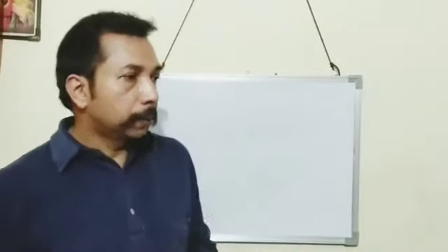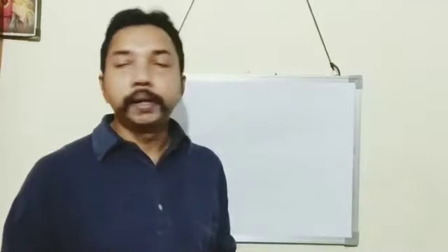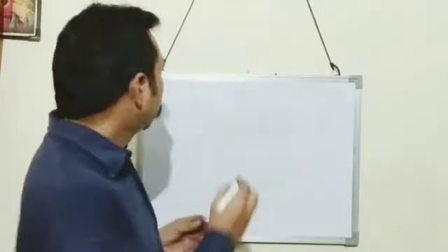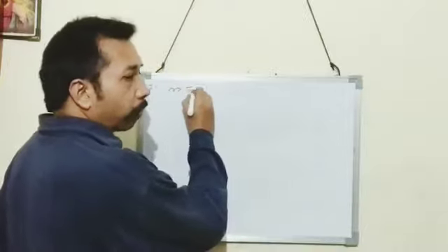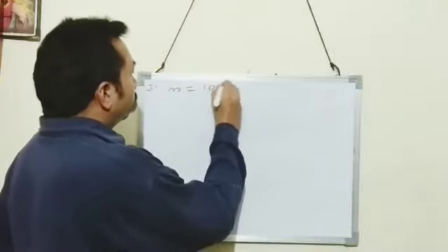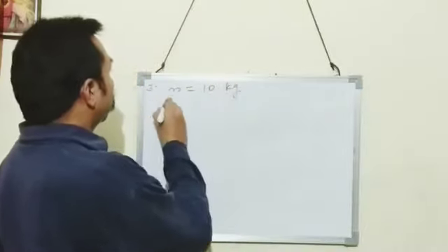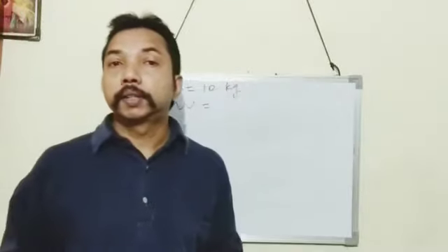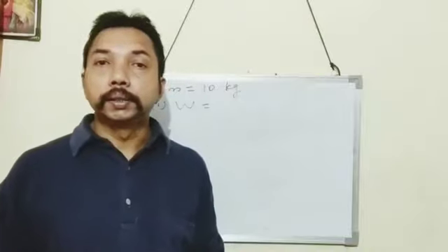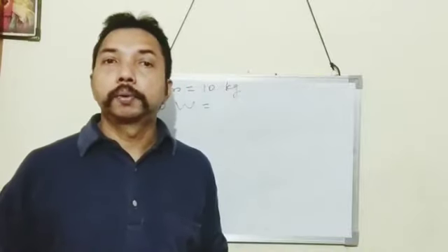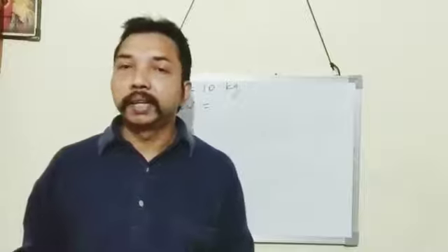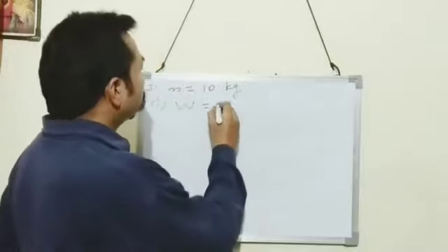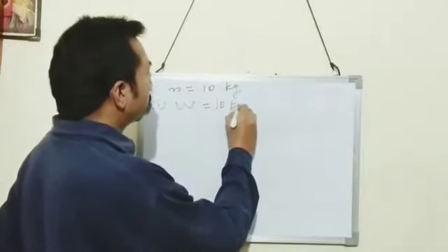Now doing third question. Calculate the weight of a body of mass 10 kg in kgf and Newton. G is 9.8 meter per second square. So mass is given as 10 kilogram. First part is we have to express weight in kgf. So if a body has a mass 10 kilogram, then weight will be 10 kgf. If a body has mass of 5 kilogram, weight will be 5 kgf. So 10 kg means that is equal to 10 kgf.